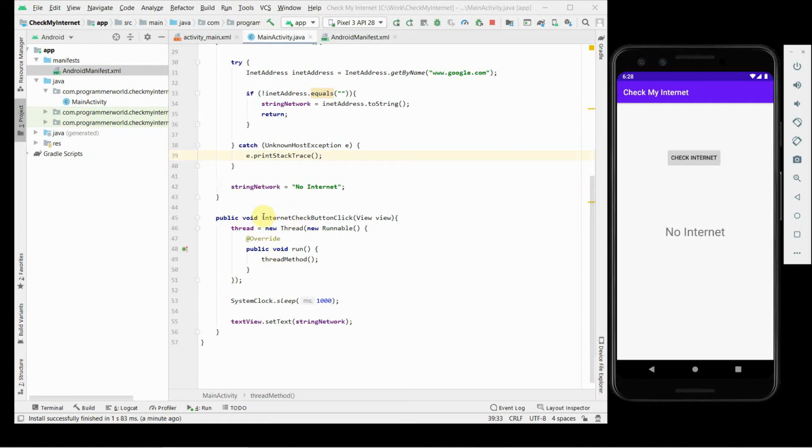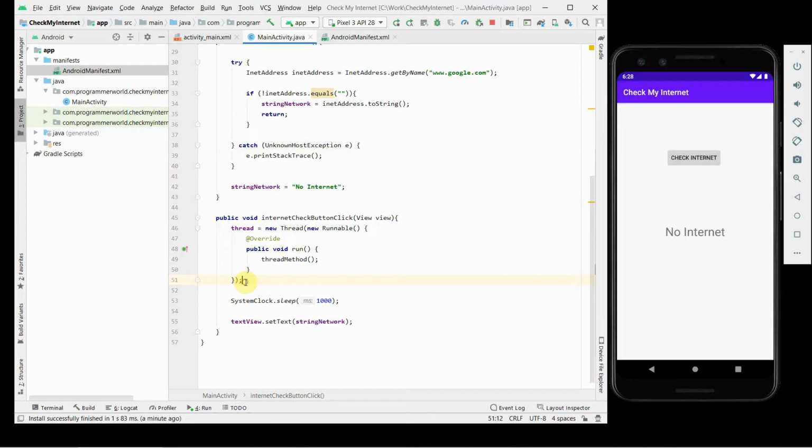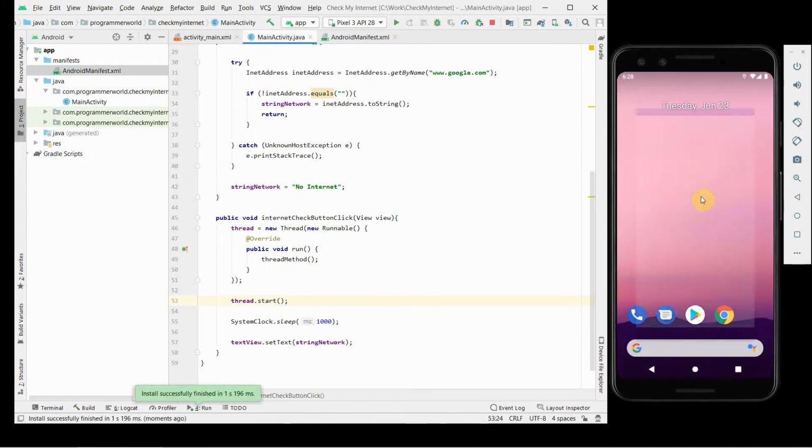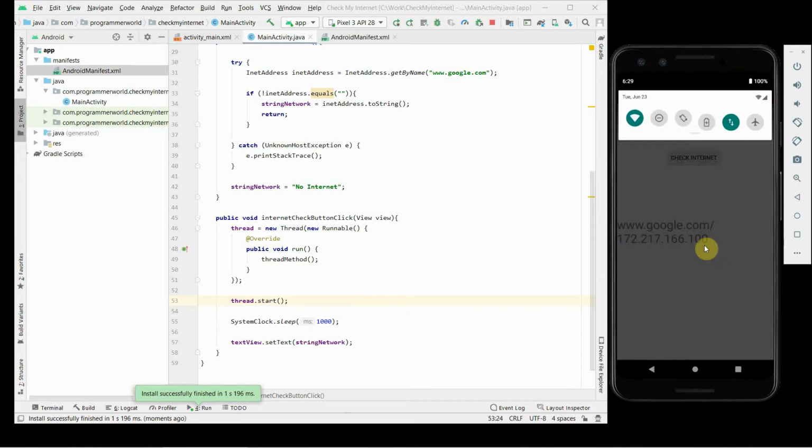What I can see over here in this method is that we have created this thread, but we haven't started the thread anywhere. So the part which is missing is to start the thread. Although the thread gets created, it never gets started. Once we have started it, I'll rerun and see what happens. I click check internet. Yeah, perfect. Now we are seeing some output, which means the address which we are checking is google.com, and this is the IP address to which it goes and pings, or which it connects to.